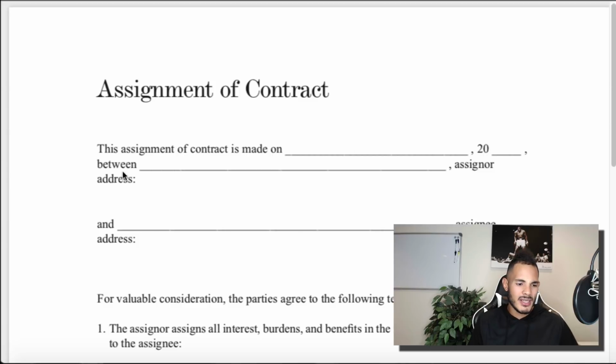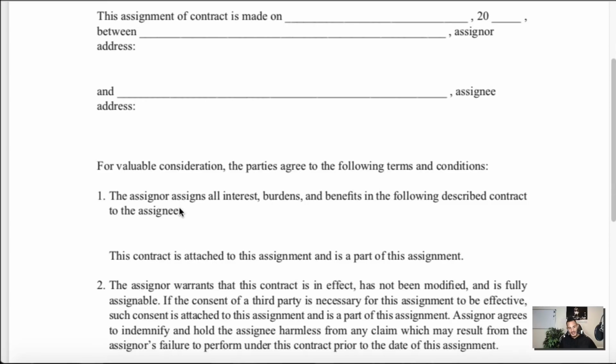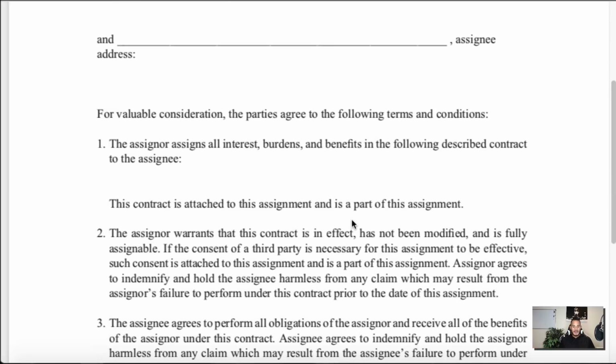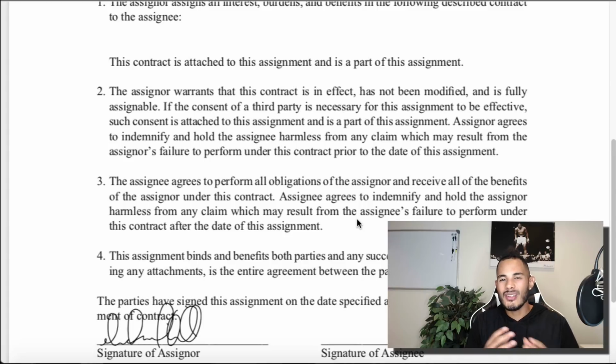You put the date in here between assigner, that's going to be you. The assignee is going to be your end buyer, so you just put the name or the name of the business right there. Then it says here, the assigner is assigning all interest to the contract, and you put the terms in this little blank area here. So it would say, "I'm assigning the contract to John Smith for $10,000." Without reading through all this, basically the end buyer's taking over the contract. Now, what I don't like about this contract is it can be very vague,